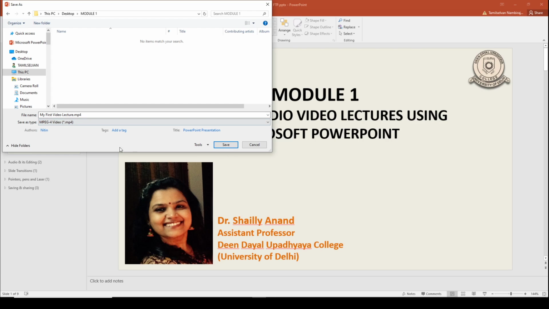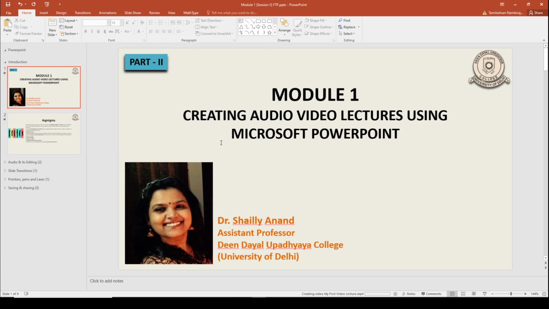Both of these are compatible with YouTube. So you can create by any of these means and you can still upload your video on YouTube. So you can click on the save button. When you click on this, you see a progress bar below the presentation. This shows how it is progressing towards creating a video file. It is somewhat 1/3 completed and still has to go.